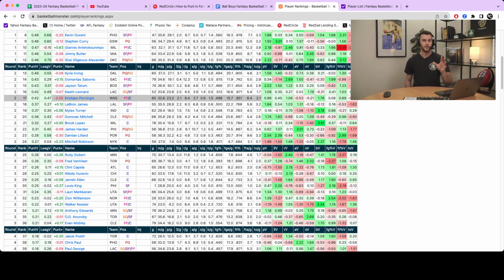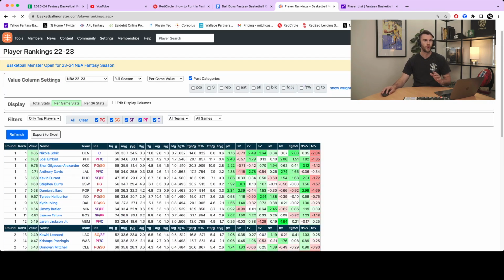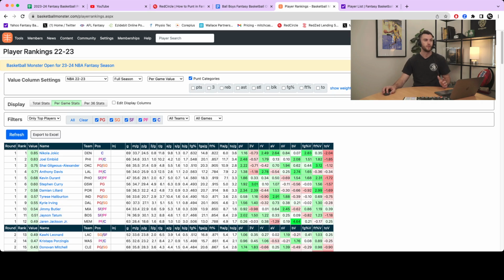But it is really important to remember that if you draft off a rankings list, if you draft off something that is predictable and I guess just very methodically going through who's the best ranked player, you are going to lose your fantasy basketball matchups. There's no way around it. There's a lot more nuance to drafting these sort of guys.